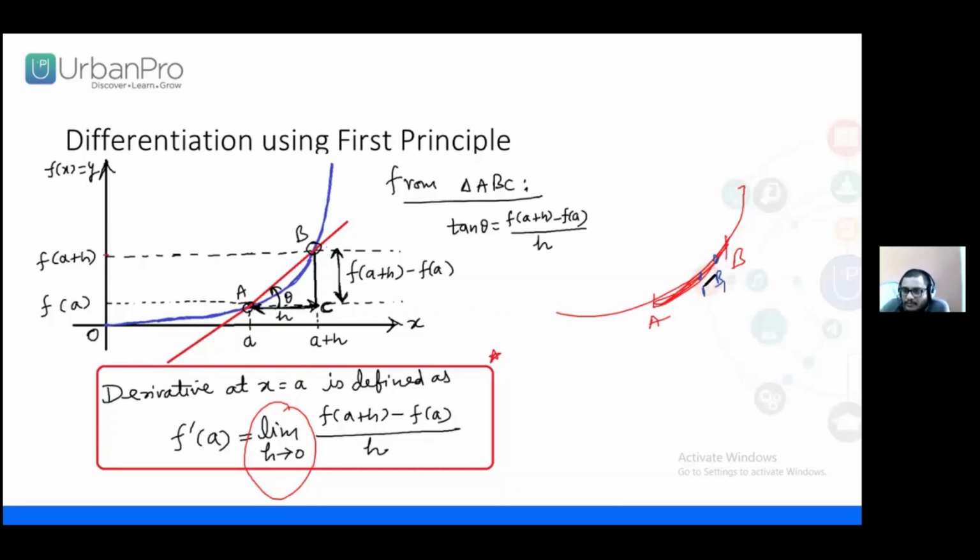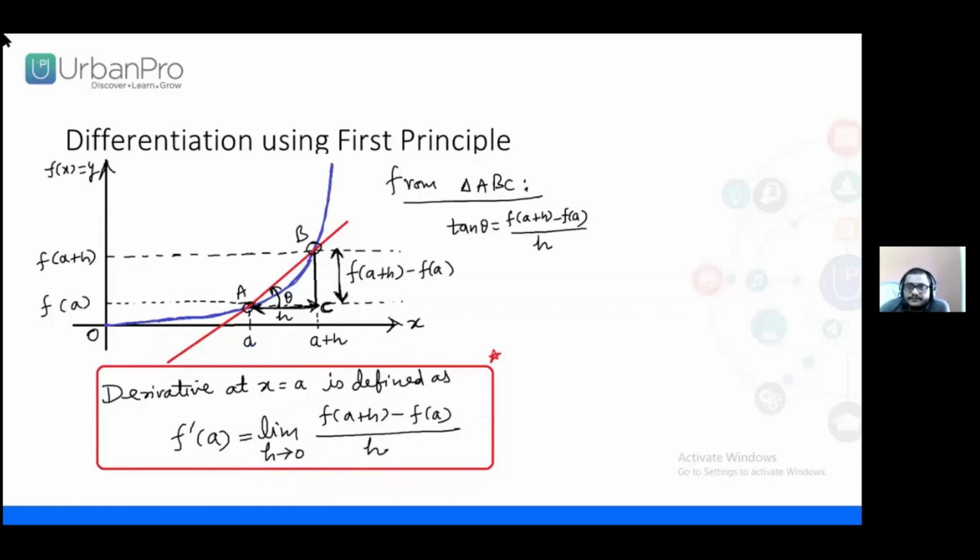We can find here b1, b2, b3, and this point b. This is the closest point, that is, nearly at point A. In this small duration the change will not be as much. So we can find the difference upon this, where h is approaching 0. This is the definition of the first principle of a function f(x) at any point x equal to a. That is, the difference in the values at two different points, a and just after a, divided by the difference in the independent variable, that is h, where h is approaching 0. So this is the derivative of a function using first principle.